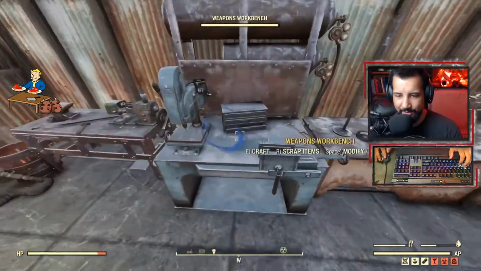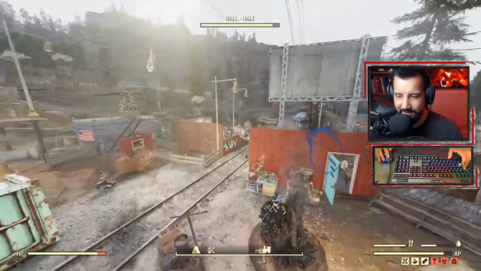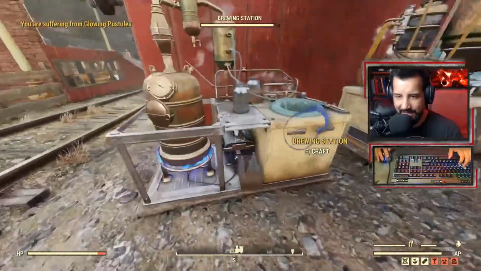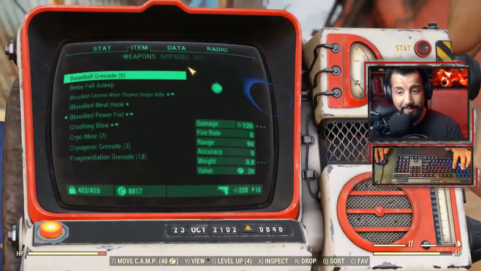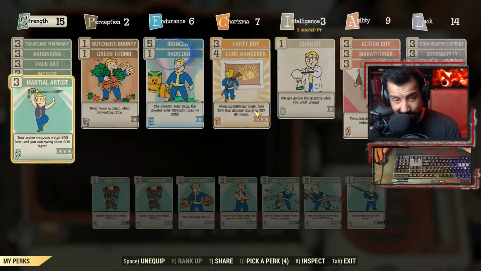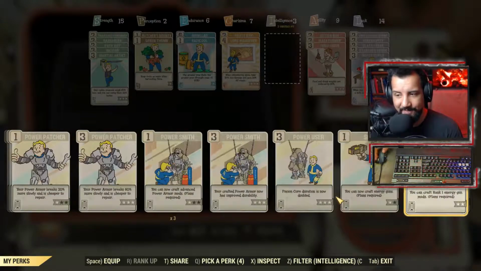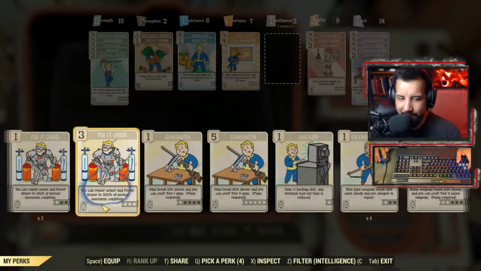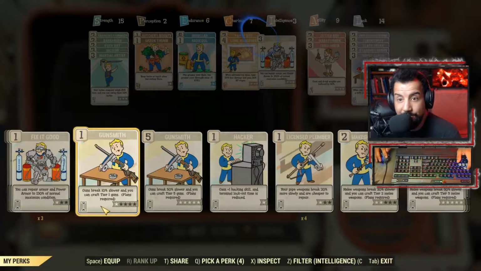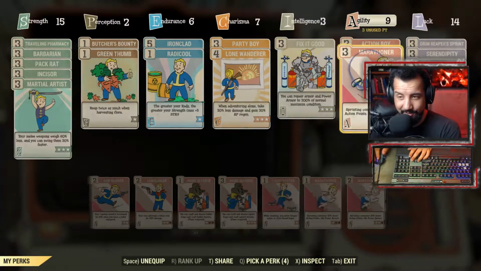But here, of course, you have your weapons workbench and your armor and all your stuff that you gotta do. This is for alcohol, and this is cooking. So I'll see if I can repair my armor. Should take just a couple seconds. I'll swap out a couple cards here. I took off Chemist. I'm putting on Fix It Good. I can repair armor and power armor up to 200%. Okay. And because I'm repairing my armor,